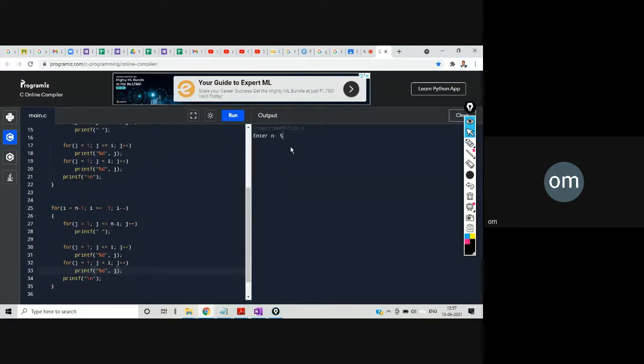Let's run this one more time again. Here we got this diamond shape like this.